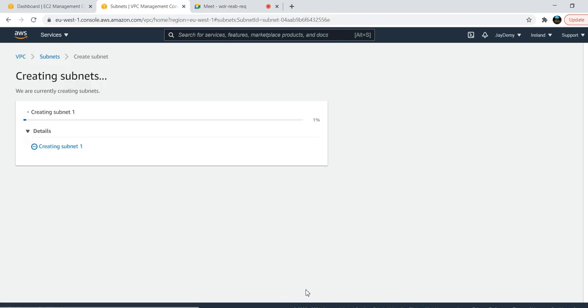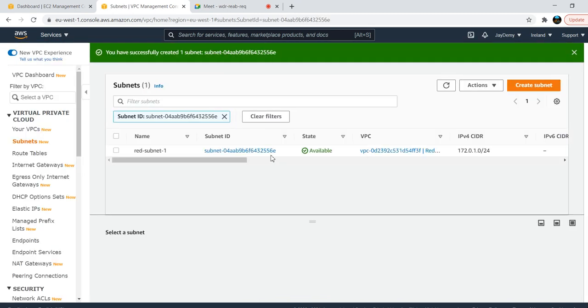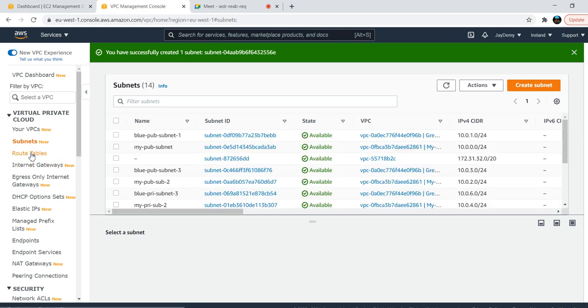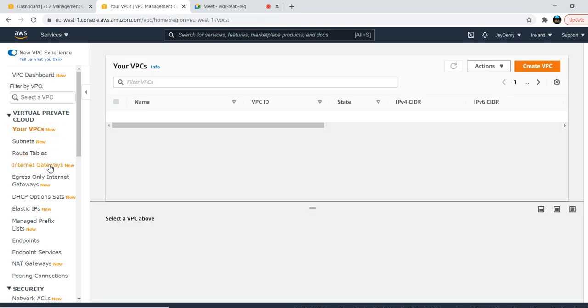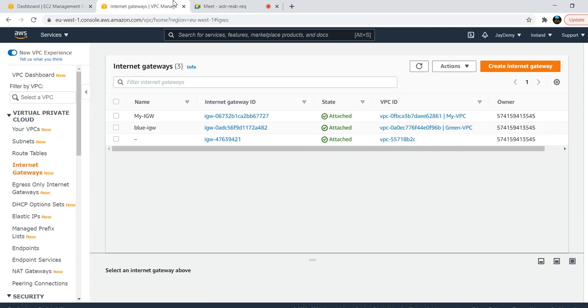I need only one subnet. Yes, we can create multiple subnets, but for testing purposes we need only one. So I simply created only one. I need to create a routing table also. Before that I need to create one internet gateway to attach to my VPC.